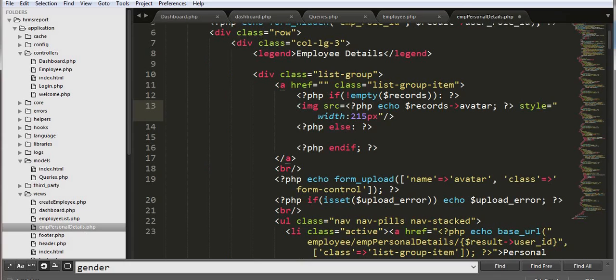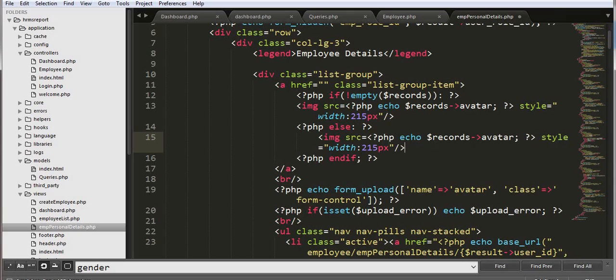If that array has some value, that is, if that array is not empty, then I should display this, or else if that array is empty, then I should display my default image,